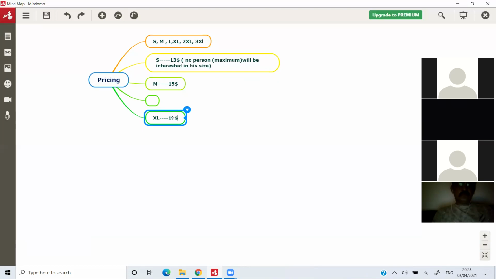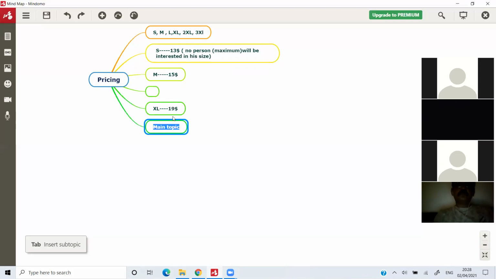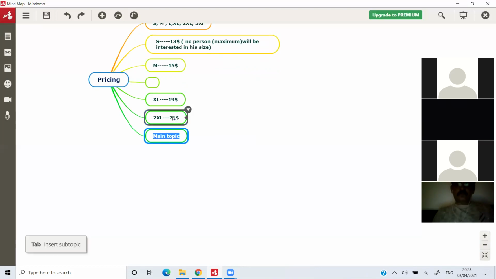For you, the price is almost the same. You're going to spend around $3 to $5 for this. And 2XL, you are going to sell it for $21, and 3XL also you'll sell for $21.